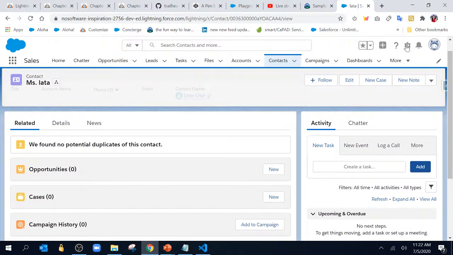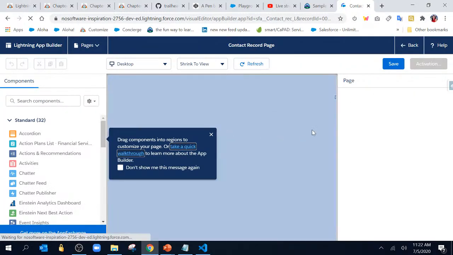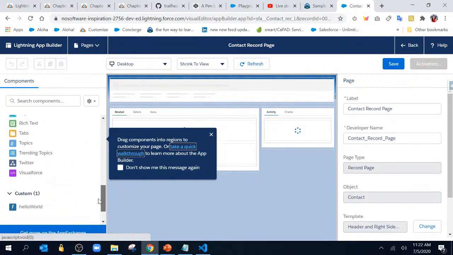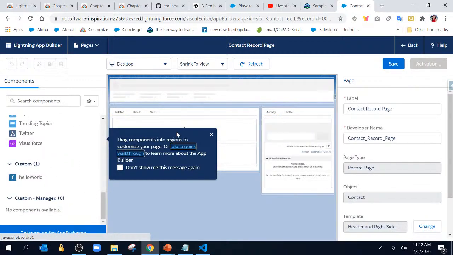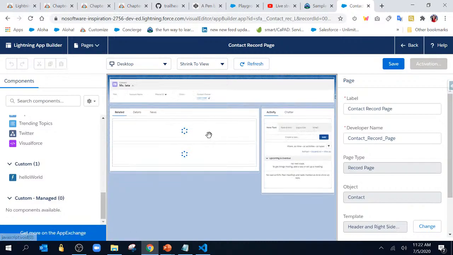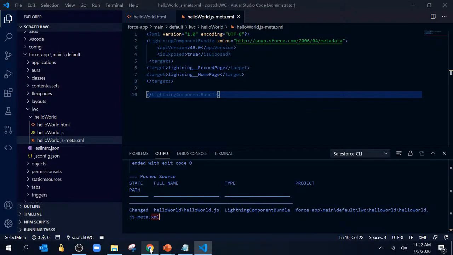So for that, what will you do? If right now we are editing the page, we are able to see this on the contact record page, but we don't want to see it there. We just want it to be there on the account. So for that, what we will do,